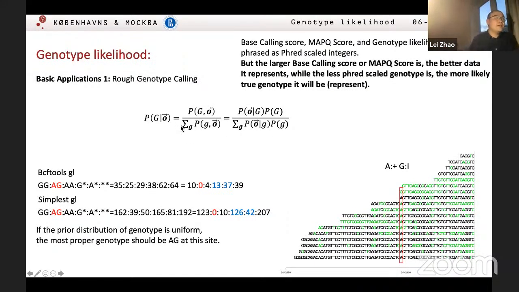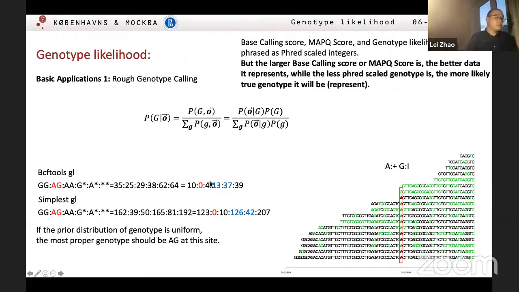The first one, because of the Bayes theorem: suppose we know the genotype likelihood here, and we know the prior probability of each genotype. Suppose we assume in a very naive way that each genotype will have the same chance to occur at a specific site. Then the largest genotype likelihood corresponds to the genotype that is actually the most probable genotype at this position. Or we can say that genotype actually explains the observation best.